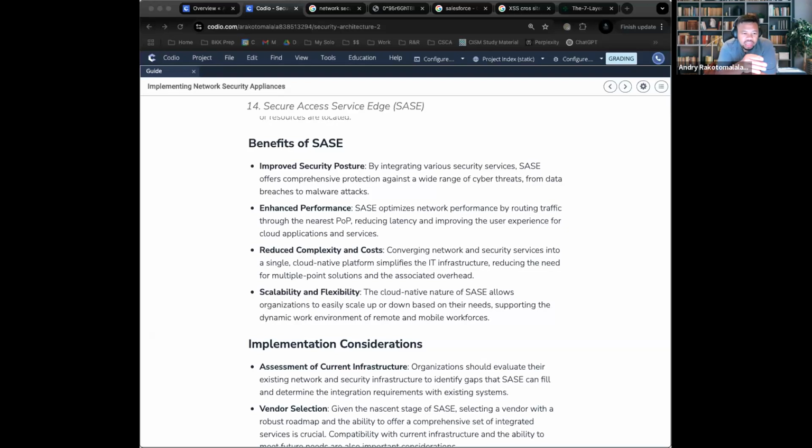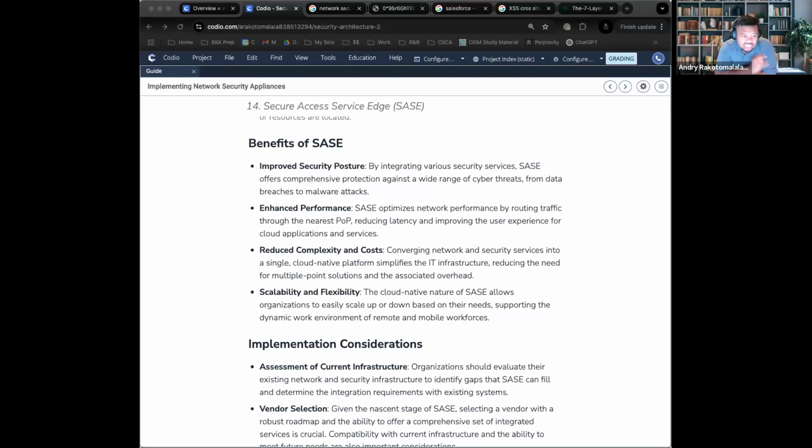The other piece is that because you're just having one solution that combines everything, it lowers the complexity and the cost. You have one vendor, one interface, and you have fewer standalone tools that you need to integrate with one another. Instead, it's all combined into one. What that does is it makes sure that you have better performance overall, both from network and security, and then it optimizes general bandwidth.